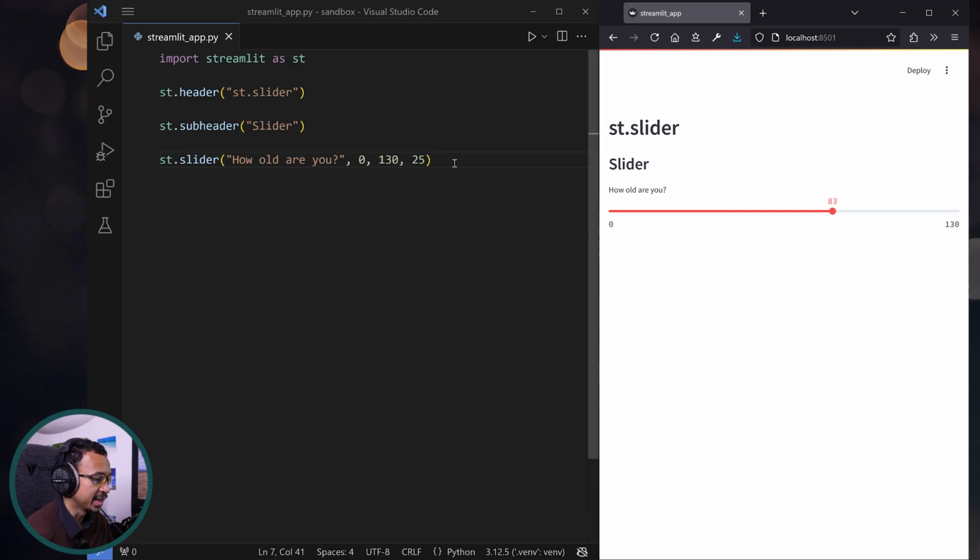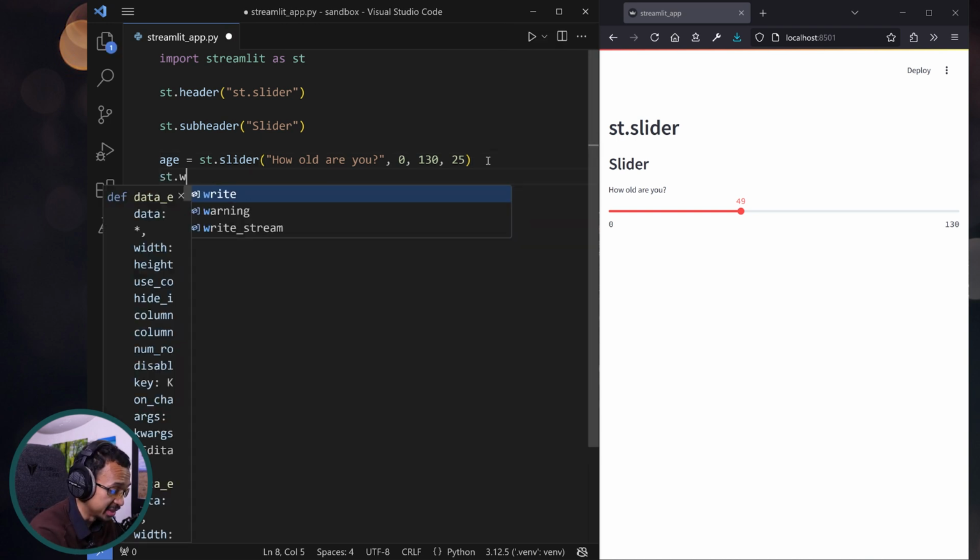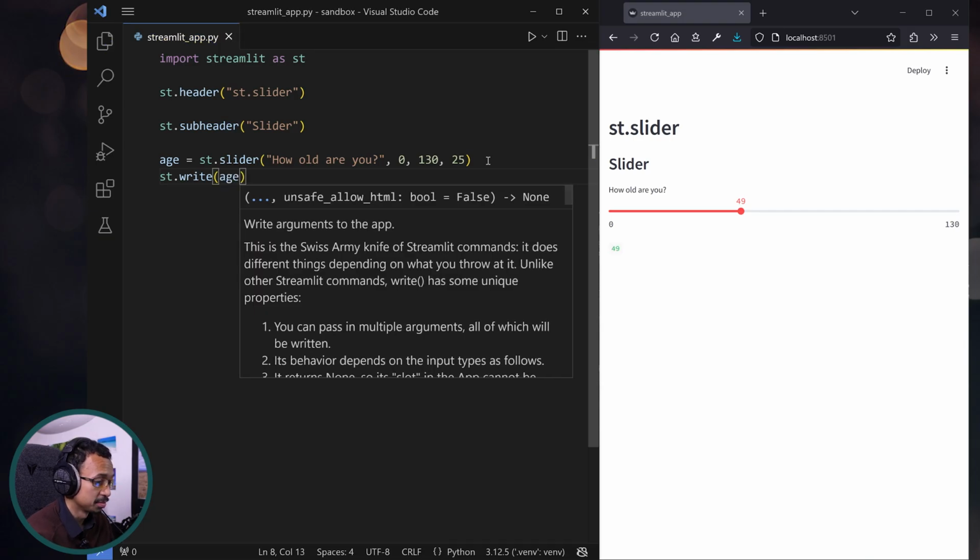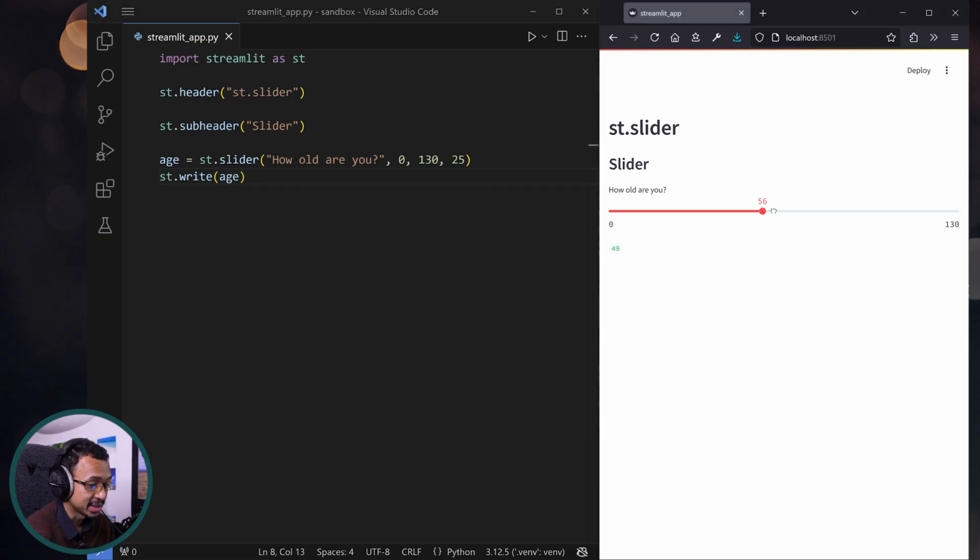Okay, I was happy sliding, but this is useless. So let's store the result in the age variable. And then you know what we do? When we don't know what to do, we print. So let's print st.write(age). So when I slide and release, when I slide the slider, it becomes 44,